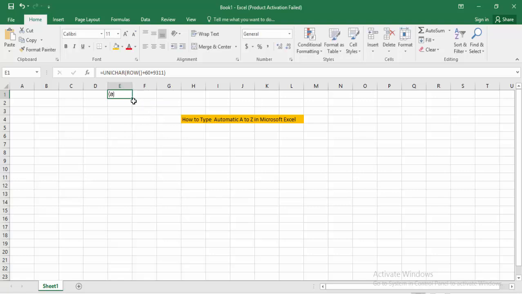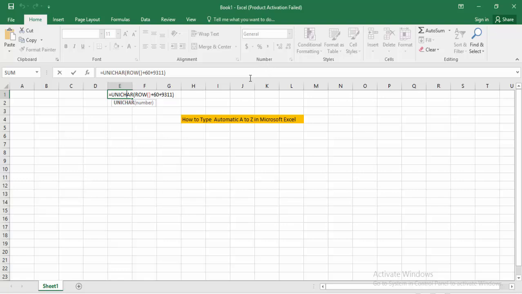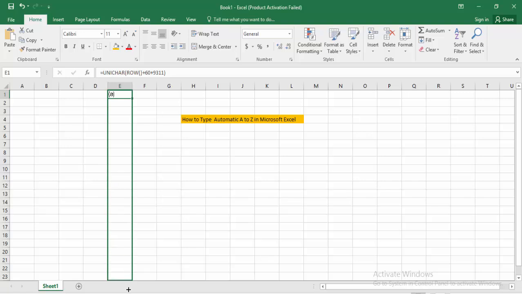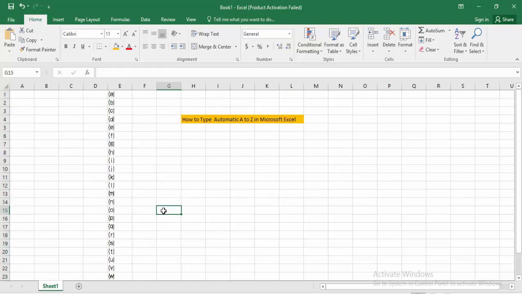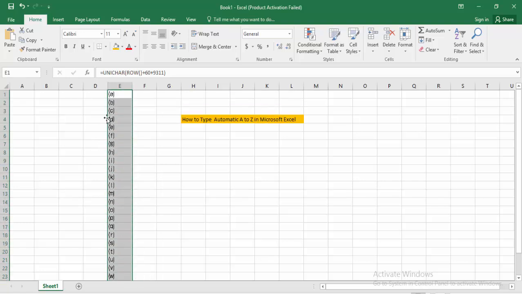That's okay. Now double click to mark the position. That's okay. Then what is the bold? That's okay. Then we show the type automatic A to Z in